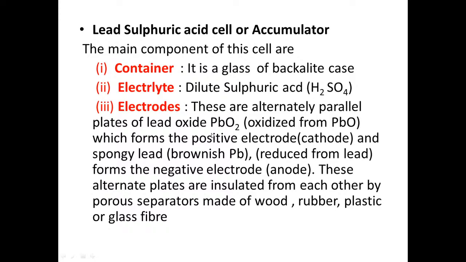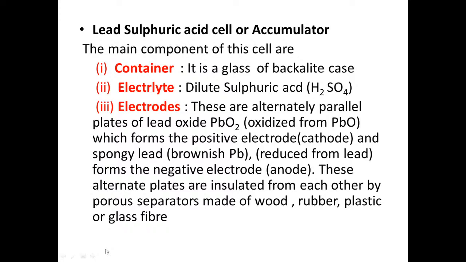तो सबसे पहले lead sulfuric acid cell or accumulator. Accumulator means which can accumulate charge. That's why it is called accumulator. The main components of this cell are number one container, second electrolyte, and third electrodes. Container is consisting of a glass or bakelite case. Electrolyte is dilute sulfuric acid, H2SO4,